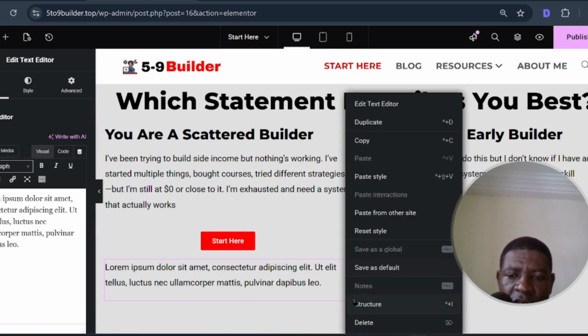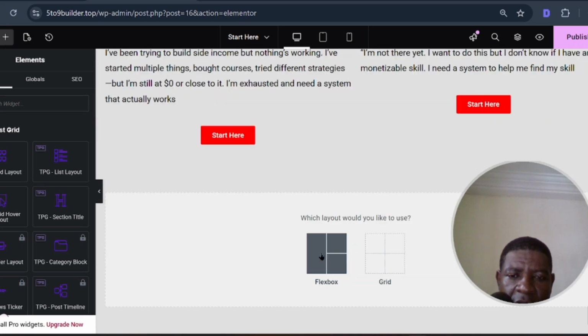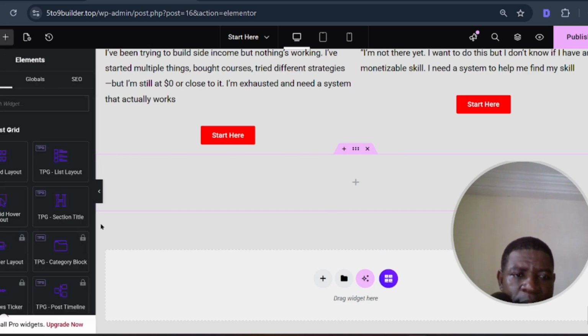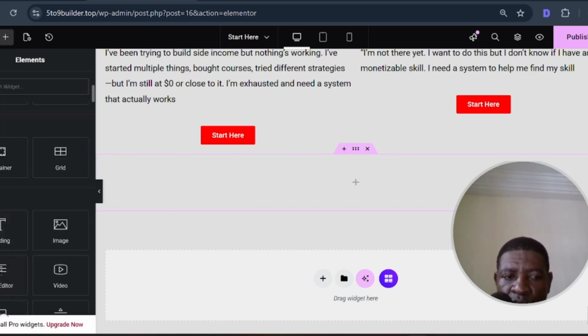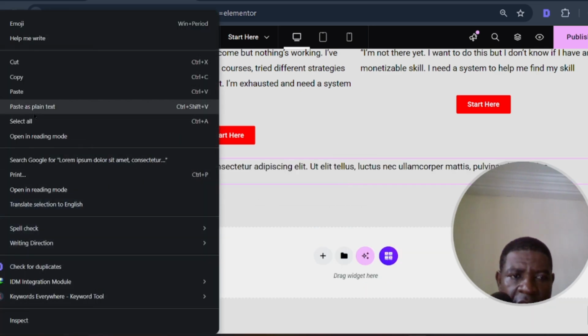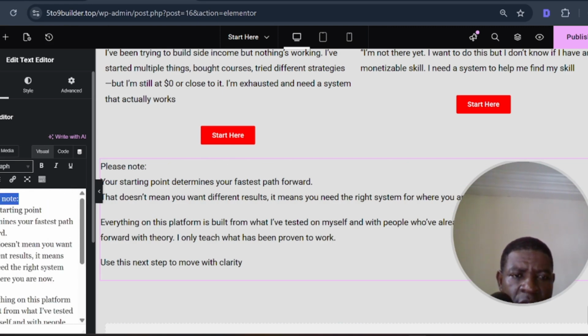No, let me take this, the different one. Okay, so let's do a new widget, which is complete one, so that it will take the whole side like this, and then we put something here like that. Okay, so this,